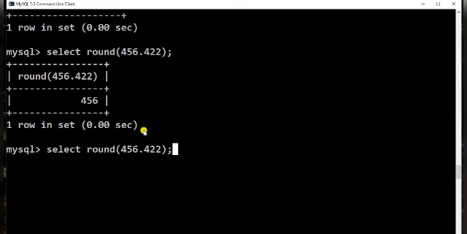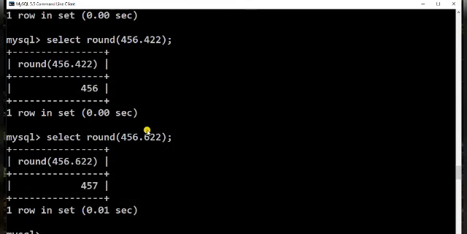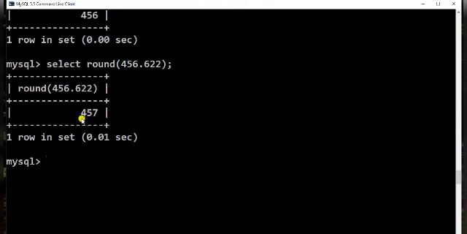So if it is greater than 5 or 5, it will become 1 greater, 457. I hope it is clear. 457. Why? Because this 6 is greater than 5. If we have 5 or greater than 5 here, it will increase the value of this number.